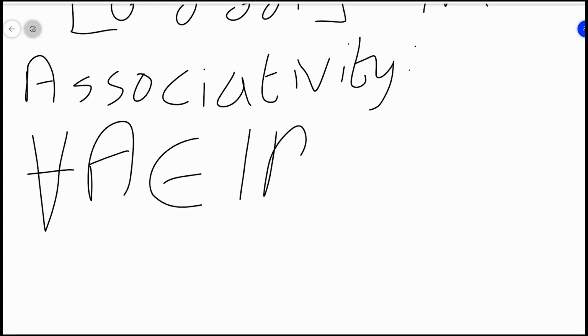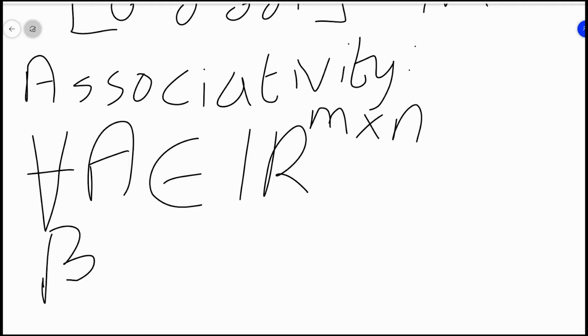And what do I mean by associativity? Given A an element of R^(m by n), and B an element of R^(n by p),